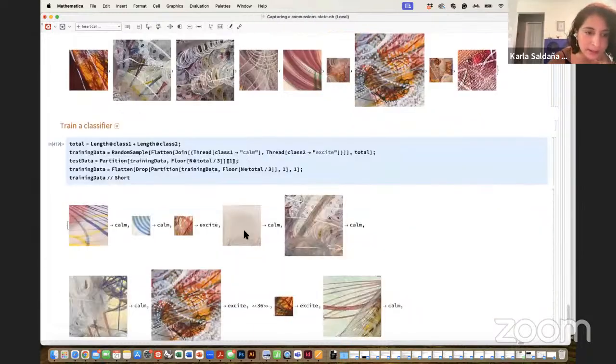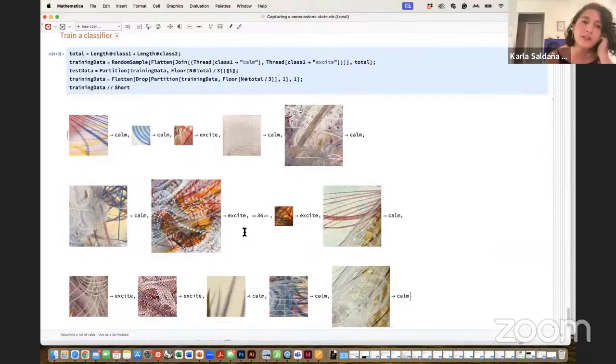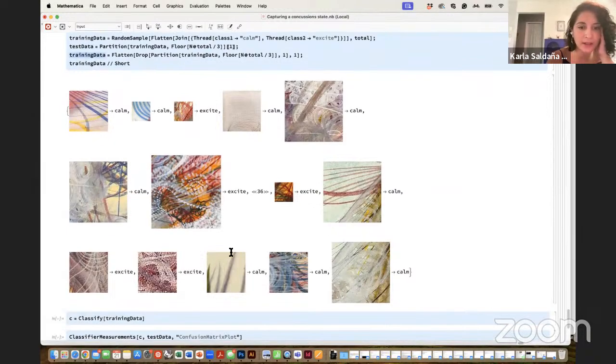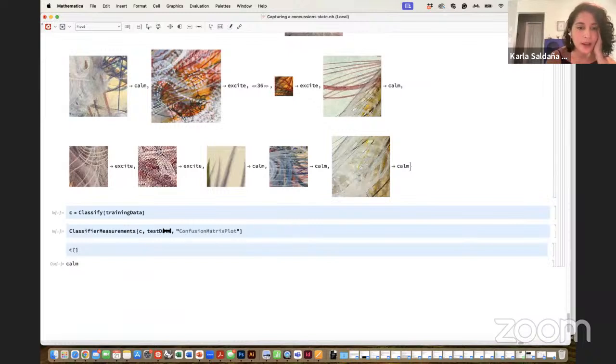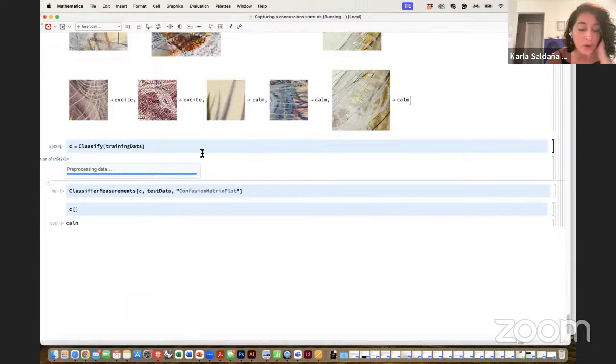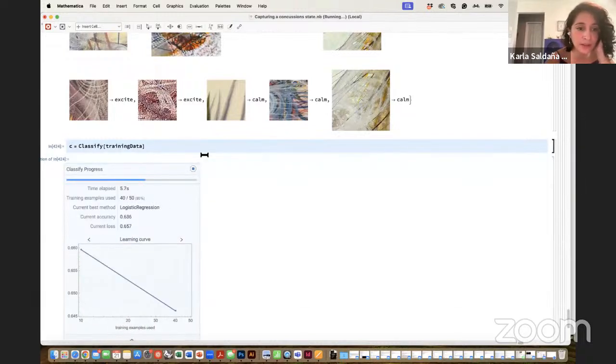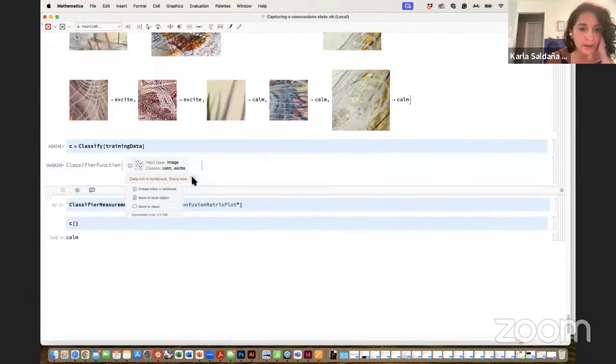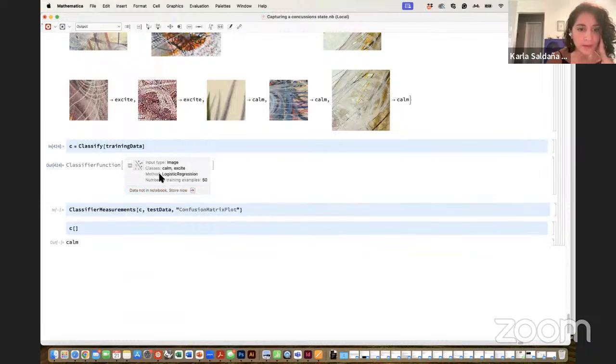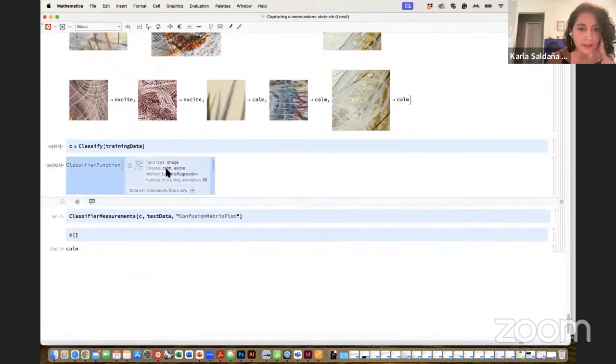Here I'm going to run this line of code, and you're going to see what my training data looks like. What I've done is take the first third of the whole data set as my test data, and the other three parts as my training data. And it looks like this. Now when I run my classifier, it's going to show the way that it's training. You'll see that it's testing some algorithms, and now what we have is a logistic regression that has 2 classes, and it has 50 examples to train.